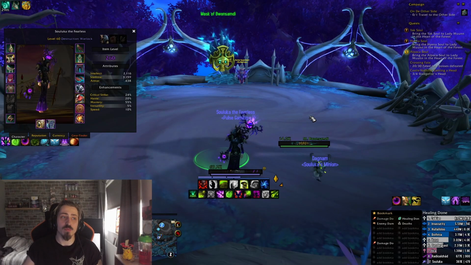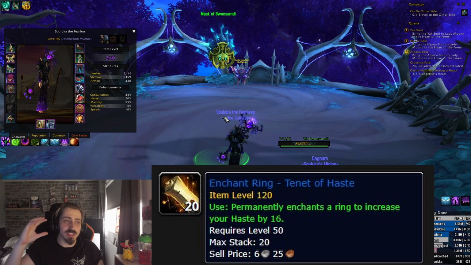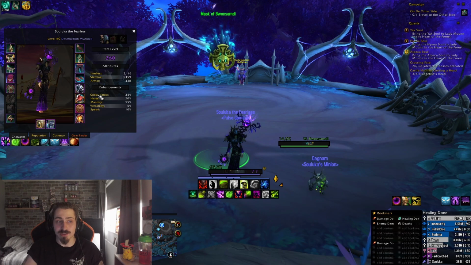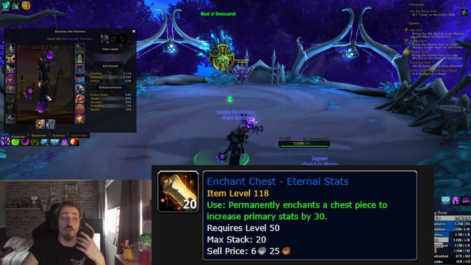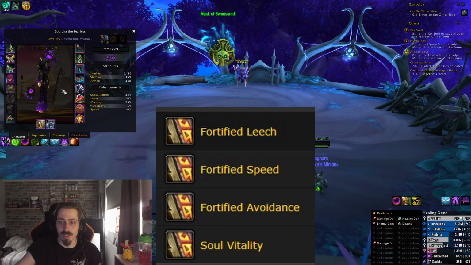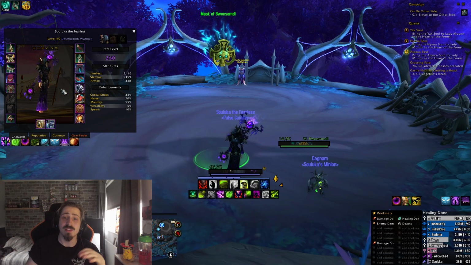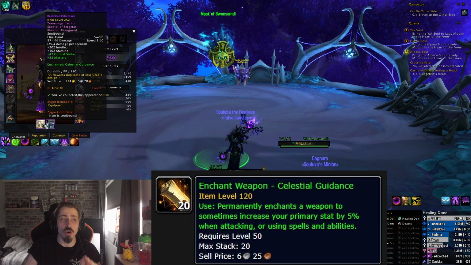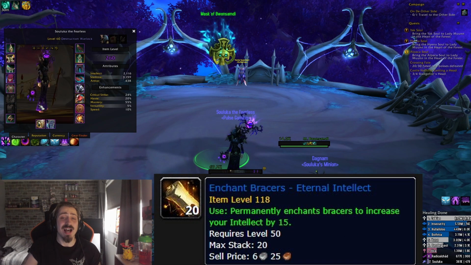So your rings, you're going to be going with the Tenet of Haste enchant. Everything I'm going to show on the screen. So Tenet of Haste enchant as your rings. Then you want to go Eternal stats on your chest. Then you want to go Soul Vitality or Fortified Speed on your cloak, although this is your choice, you play with how you feel. There is a few cloak enchants that you can choose from. Then you want to go Celestial Guidance on your weapon, and then wrists with Eternal Intellect, and then Soul Treads